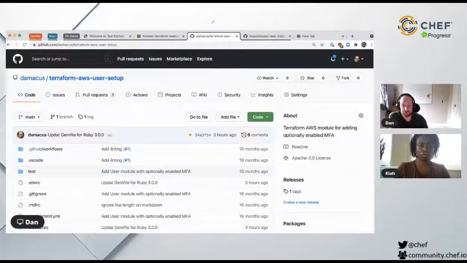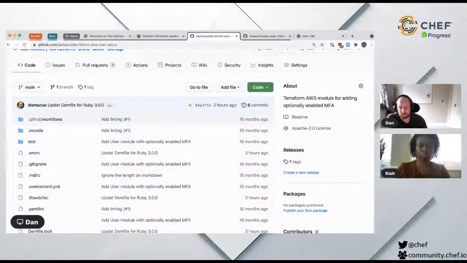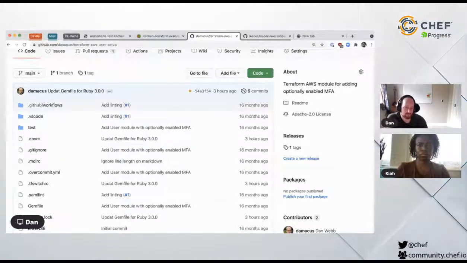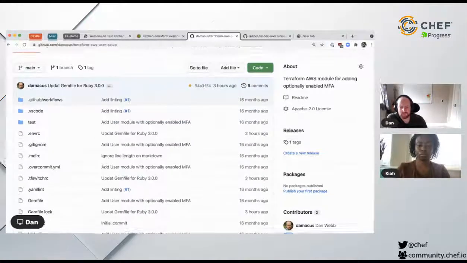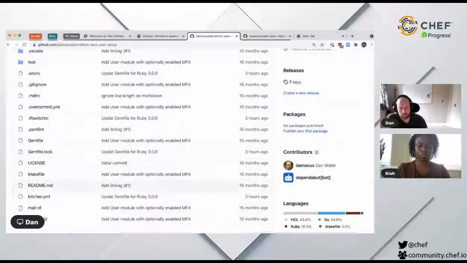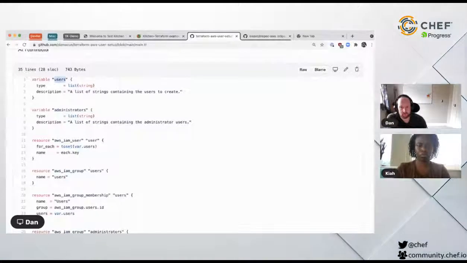And then, so this is the module we'll be testing today. As you see, I was playing around with this 3 hours ago, and all of my tests failed. Yeah, whatever, it's fine. I say tests, there's just linting, but it's fine. And what we're testing is, I've got a main file here, which just has a list of users, administrators,